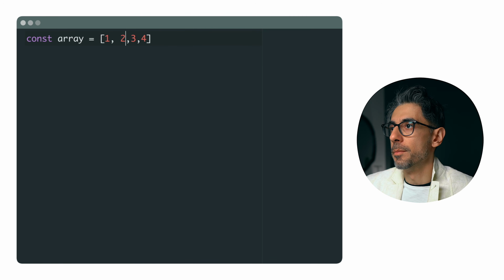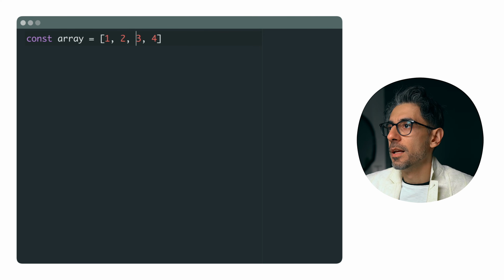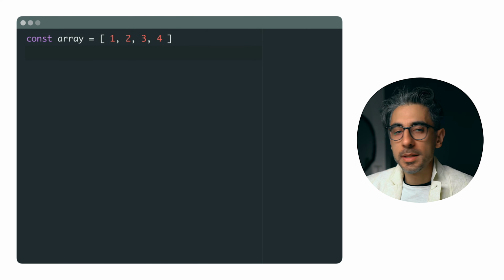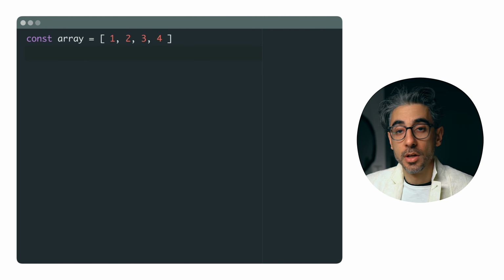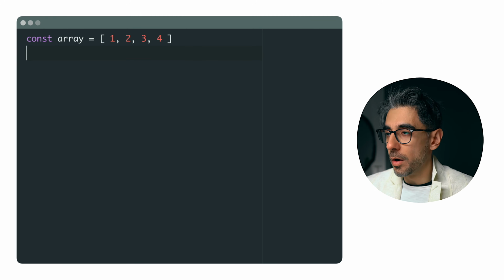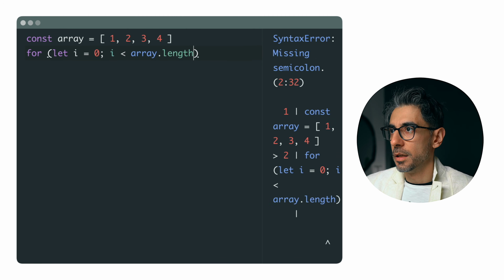And because I am OCD, I'm going to put the spaces here. I'm also going to do one of these. So let's say we have an array and we want to turn every element of the array into something else. So what do you use? Let's start with our imperative approach first. Let's do a for loop. for (let i = 0; this is painful for most of us; i < array.length; i++)